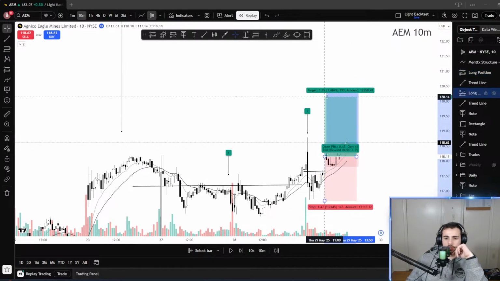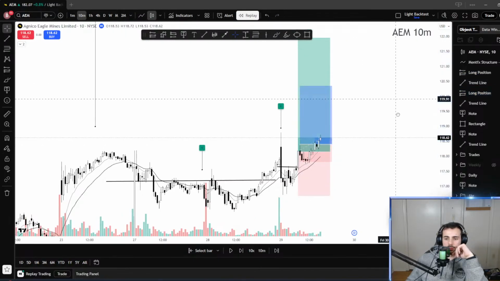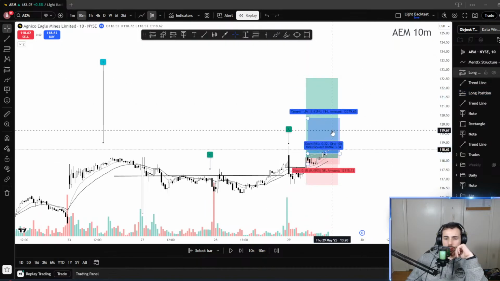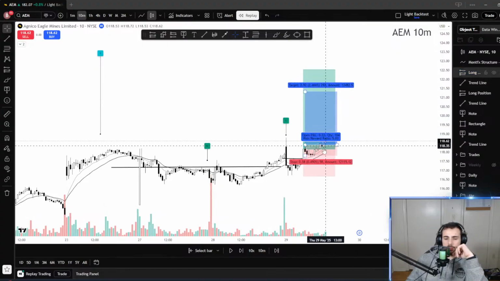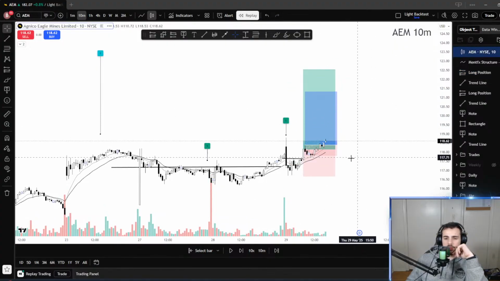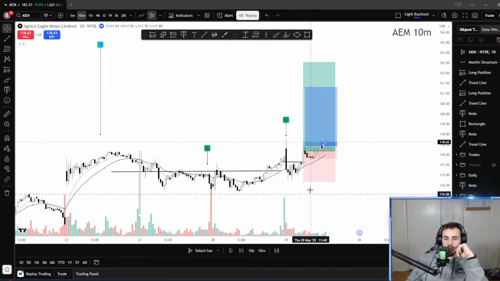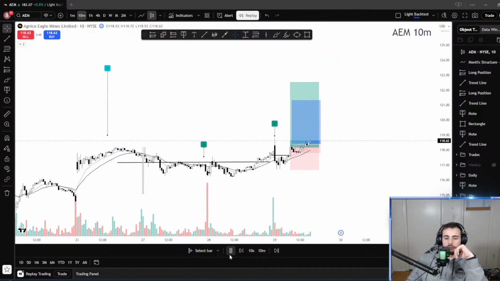Both trades are in. Let's see, I need this one to go 1 to 3. So I need this one to at least get here. And then this one I need to get 1 to 5. This has a smaller stop loss, so it's actually going to hit 1 to 5 much quicker and in a lesser amount of space, just because the stop loss on the first entry is actually bigger. Let's play it.